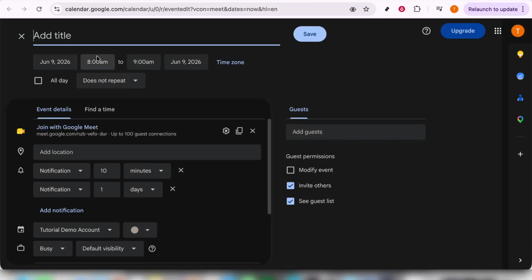Next, we'll begin by clicking on the New Meeting button. Once you click that, a drop-down menu will appear with several options. You'll want to select Schedule in Google Calendar. By choosing this option, you can take advantage of Google Calendar's robust scheduling tools, which truly simplifies the process of